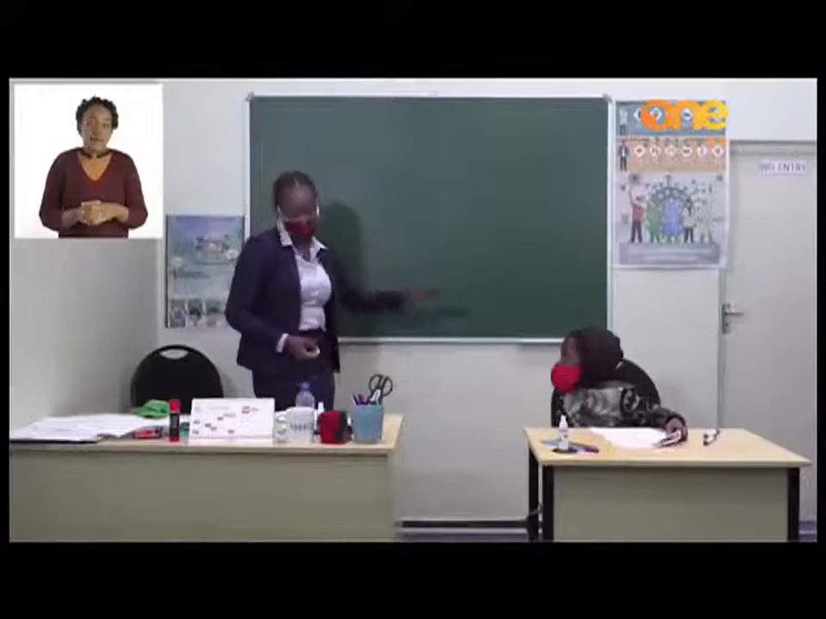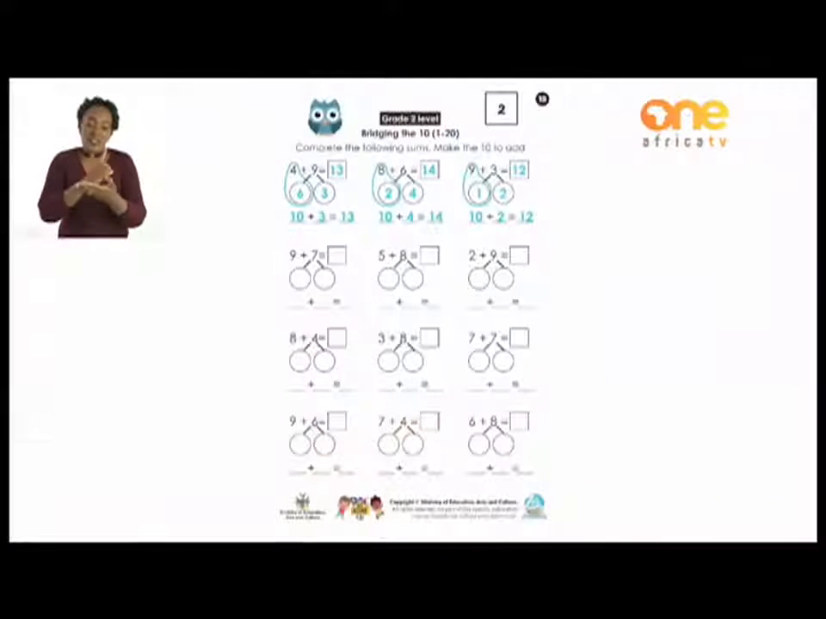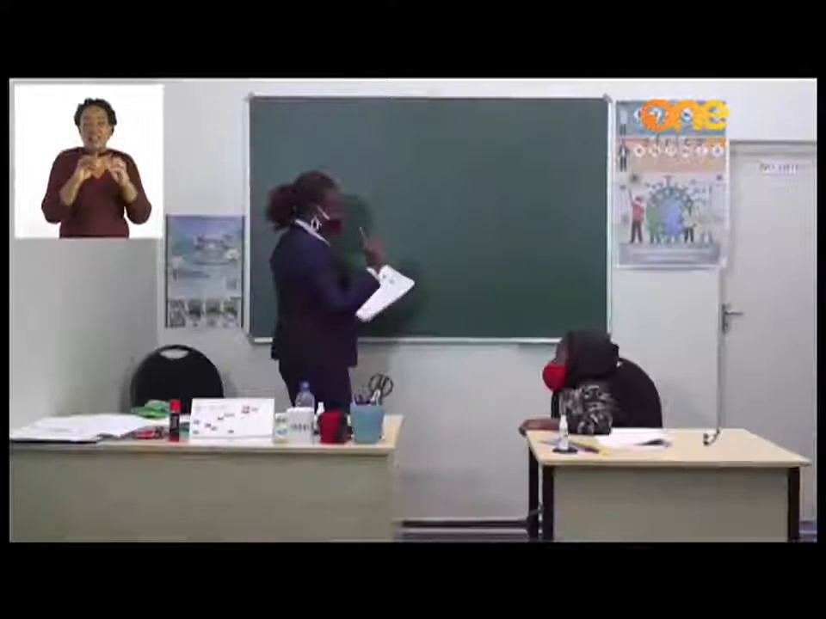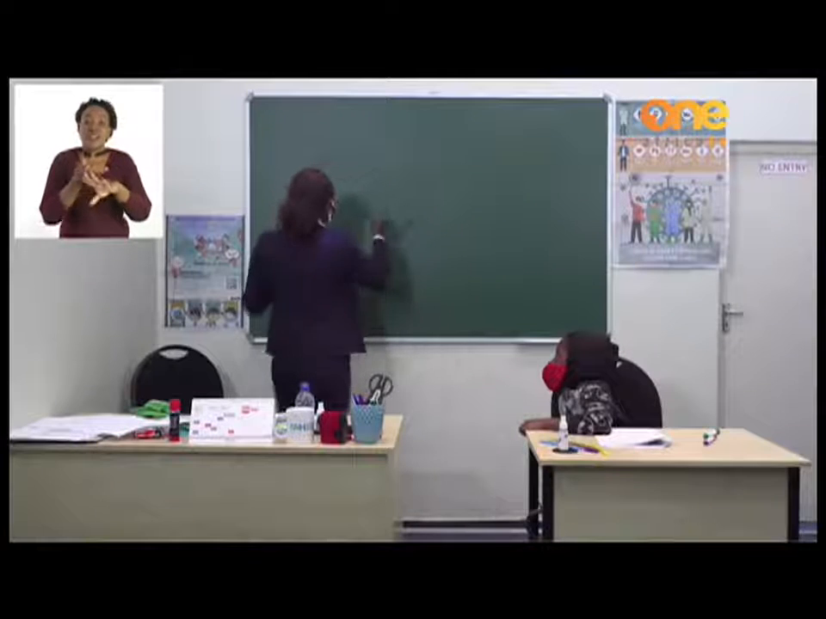Let's now turn to page 15, where we are going to do bridging. And our question is, complete the following sums, make the 10 to add. Bridging means finding the missing number. I'm going to do an example with you. We have